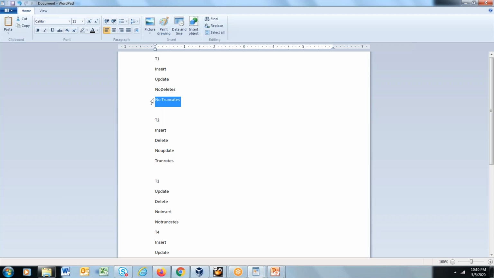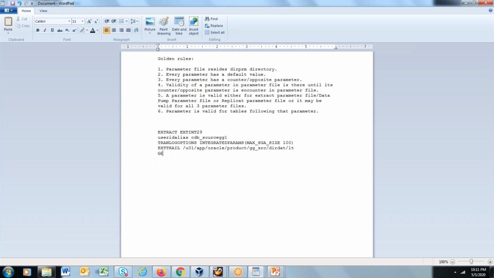My parameter file will look like this: get inserts, get updates, ignore deletes and ignore truncates. And then I give table pdb1.ggtraining1.t1.